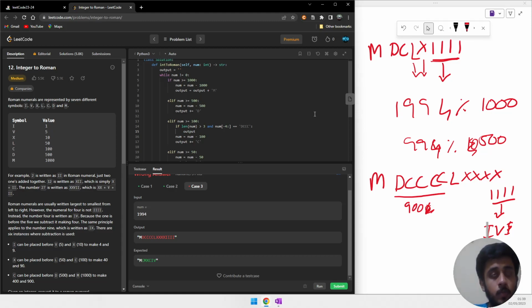Output equal to output of, we remove these 4 characters and we get this, plus CM. Now after this what we do is